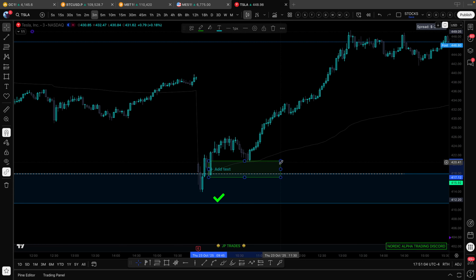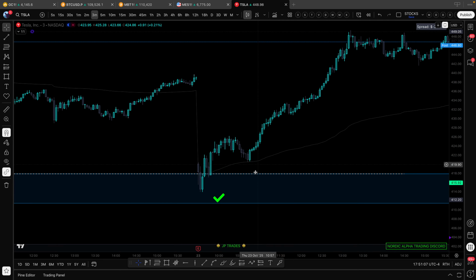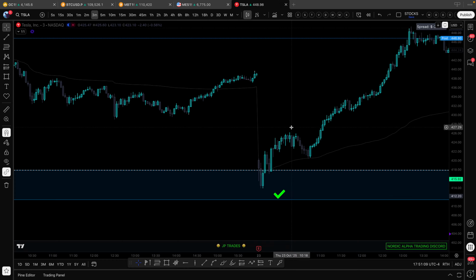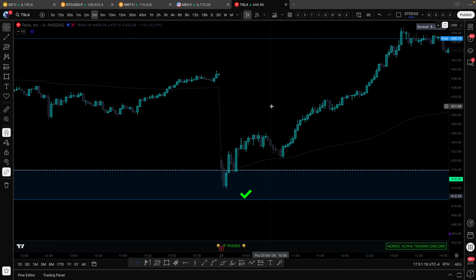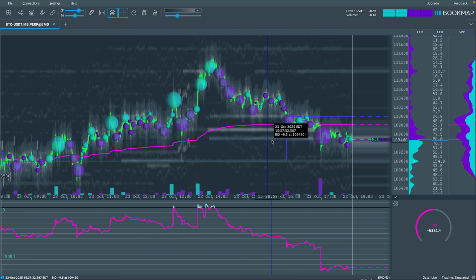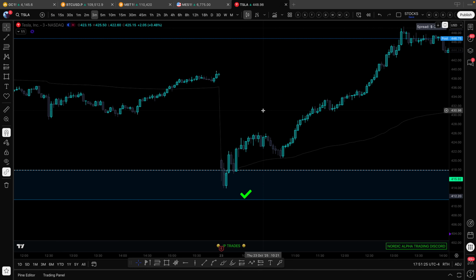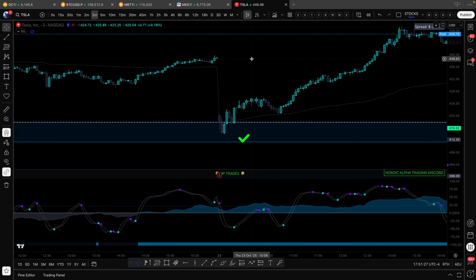So that is how you can enter a trade refining your zones. The market structure itself is your confirmation to enter. The break and retest is your confirmation to enter. What else can we use? I already told you that I use this, but it's highly advanced. So let's use my favorite indicator